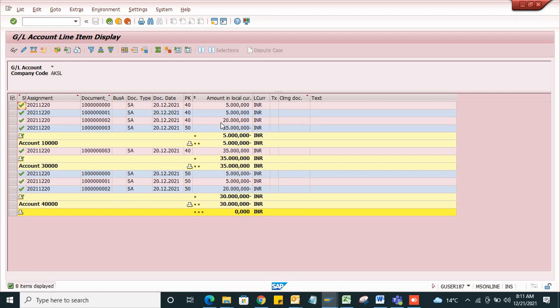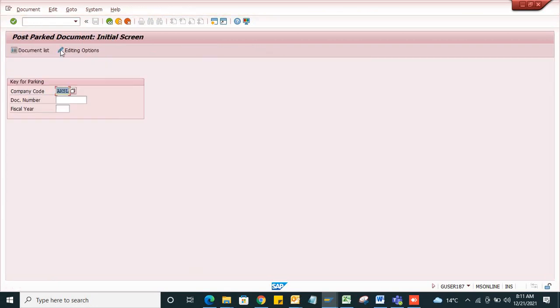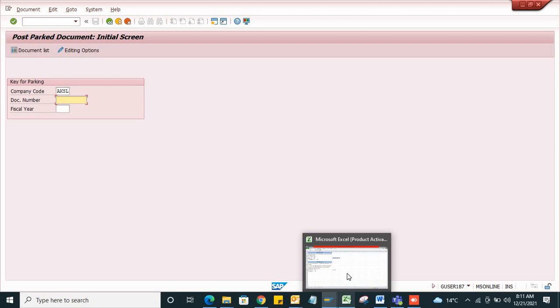Now I'm going to post the park document. To post the park document, where do I need to go? For that I need to go to /n FBV0. What's my park document number which was generated?